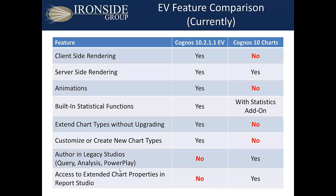You also can do server-side rendering. So all of your nicely formatted PDF reports, all of your governed reporting that you want to do, and you want to incorporate some beautiful visualizations, you can do that because, again, there is server-side static rendering of these images, just like the old charts. Animations, that's all new and exclusive to extensible visualizations. There are some built-in statistical functions. You can do some basic regressions and